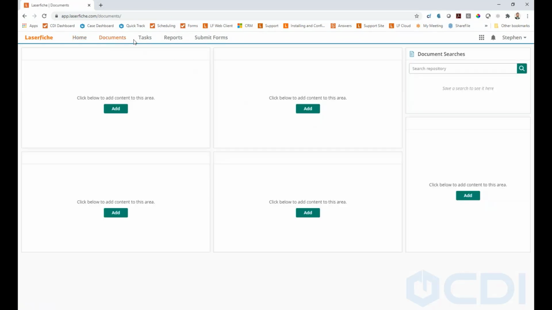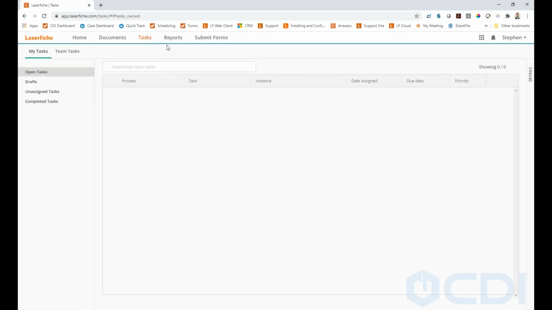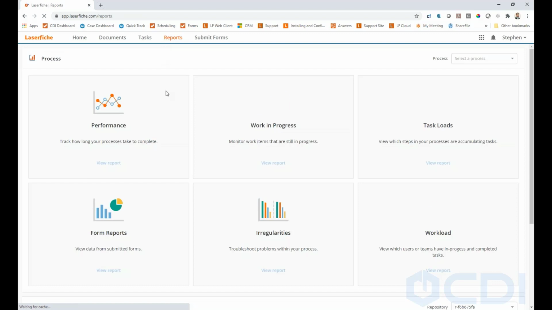We also have a quick different tabs here so you can look at some of your different documents. If you want to save a couple of documents toward the top that you're working on, you can drill down on just your tasks. It also has a quick way to generate some of those reports as well. I don't have any of these enabled, but if you are interested in looking at the different performance, how many